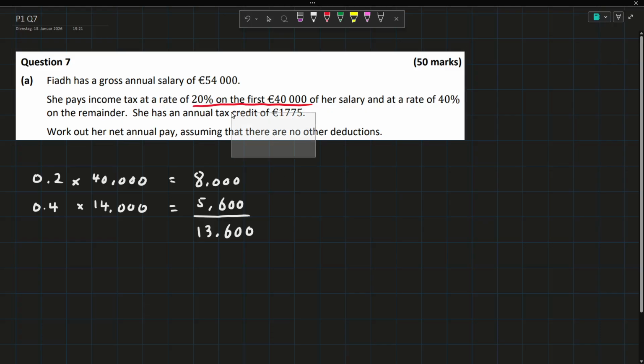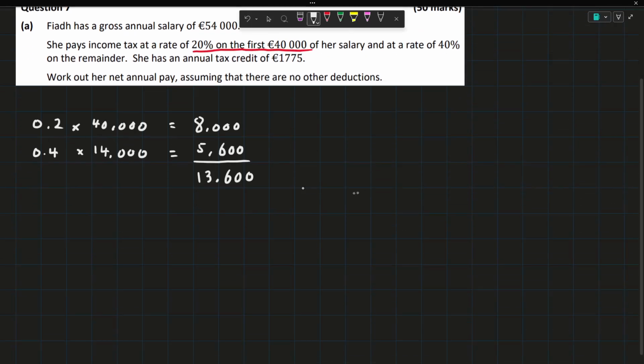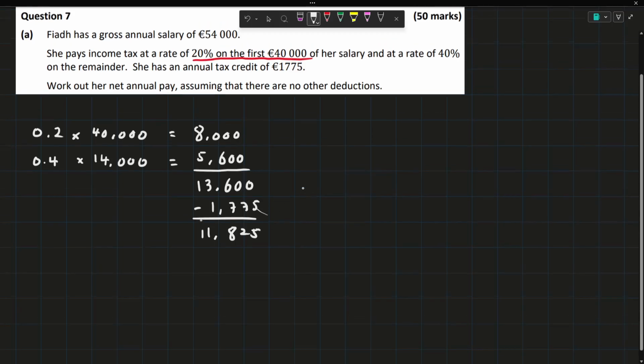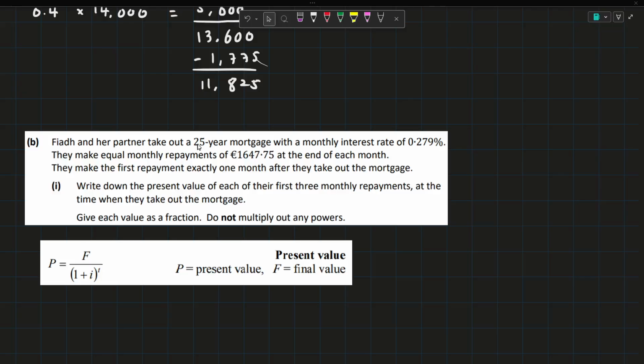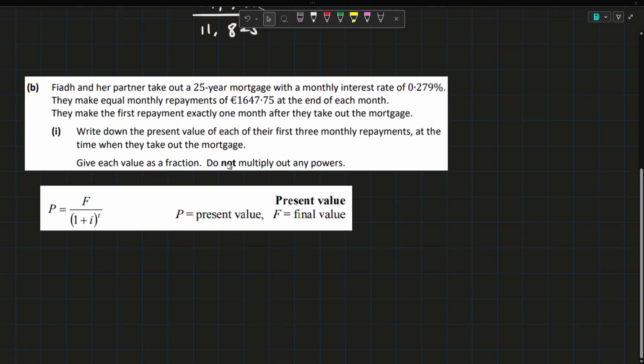Now we have a tax credit as well, so that reduces how much tax you have to pay. So we can subtract 1,775 from this, and what we'll get is 11,825. This is the total tax that's going to be charged. So we're looking for the net pay. He earned 54,000 before tax. Take away that 11,825, and don't forget to put the euro sign, you should get